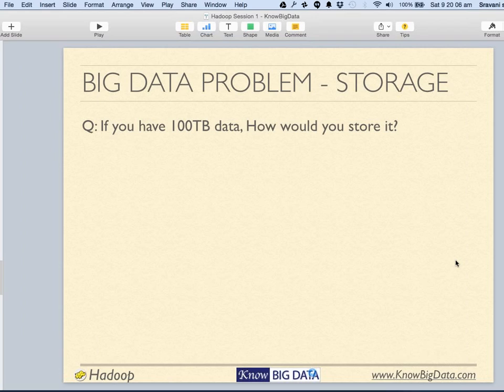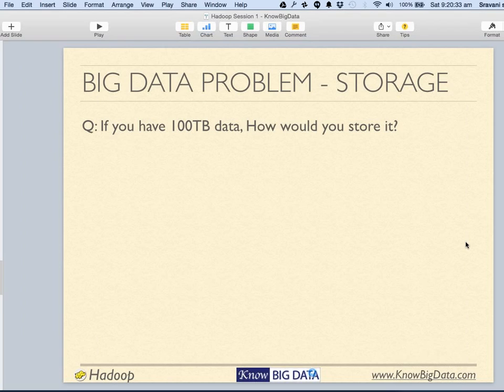Meenakshi says extra hard disk. That's correct. Good. Tanigal says making all hard disks connected in the network and giving access to everyone. Good, good. Meenakshi says store in a cloud. So we are trying to build a cloud here.